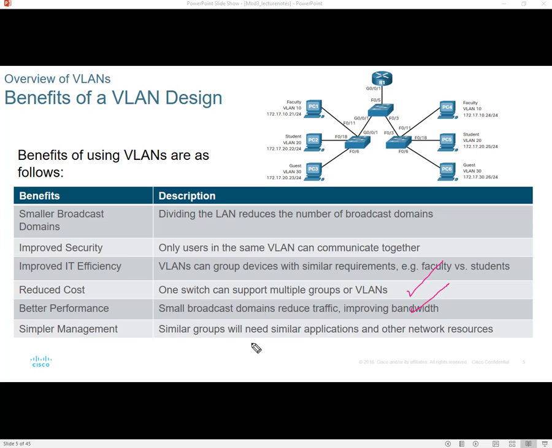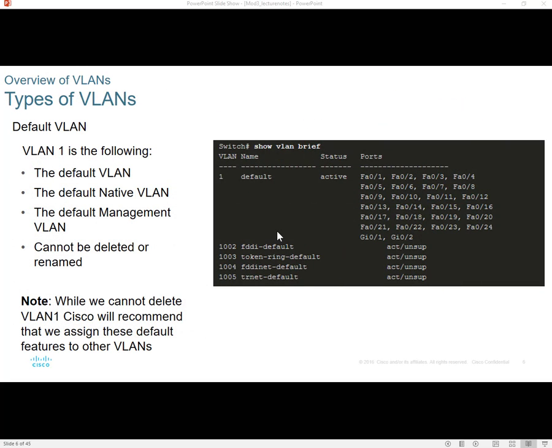Simpler management: similar groups will need similar applications and other network resources, so you can again use VLANs to segment different parts of the network based on your network requirements or needs. So these are some of the benefits that VLANs provide to a network. Okay, so